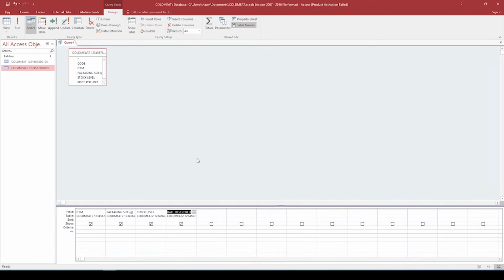Okay, so let's save that for the last step. So 3.2.3, this is the difficult question. This is the one students struggle with most of the time. Add more than one criterion to filter only French polonies whose packaging size is bigger than 500 grams. So this will be done in the criteria. So the item we are looking for equals French polony,